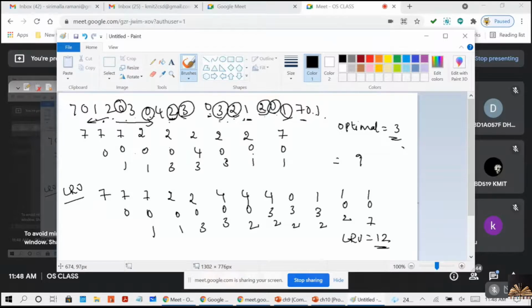Referring to the page table, making the swapping in and swapping out, it spends more time on this than on execution. It is spending more time only on the page table. That situation is called thrashing, right?